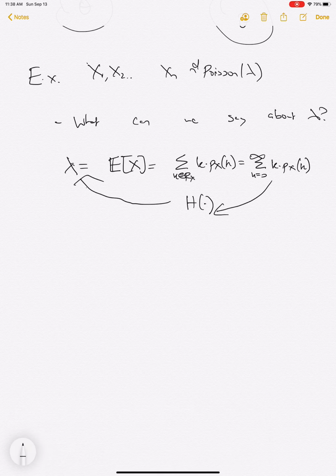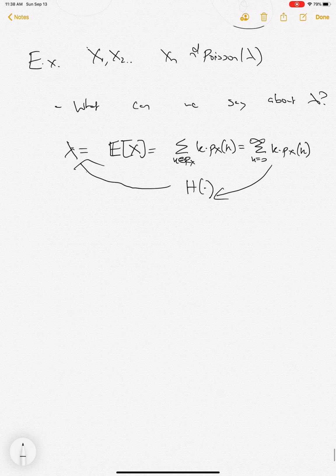If we want to find lambda from the px of k, you can use this expression. And so similarly, if we want to find lambda hat,